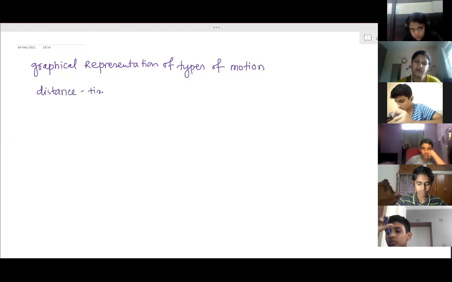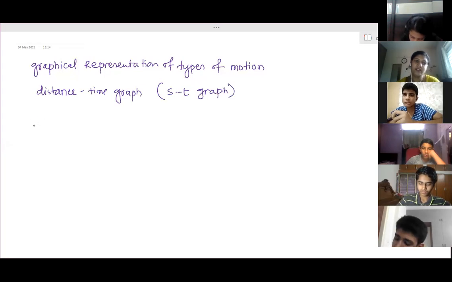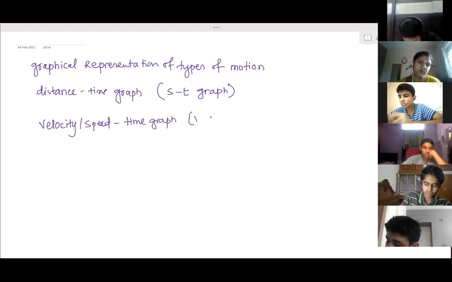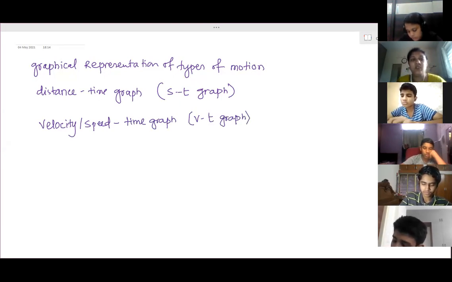Distance time graph. This is also called ST graph. And the second one is velocity time graph. Velocity or speed time graph. VT graph. Okay. So there are two types of graphs we have to learn: distance time graph and velocity time graph